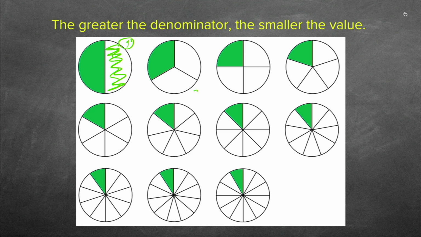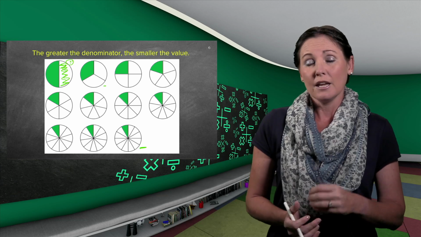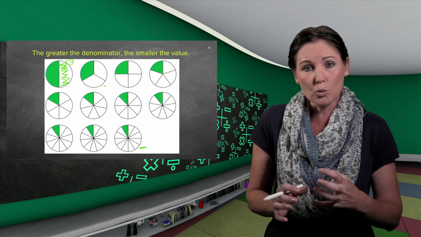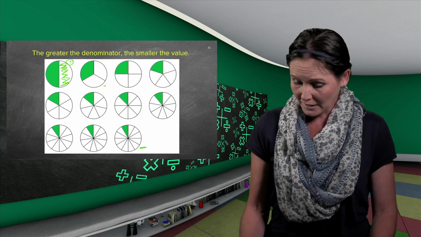But in the second picture, I divided the cake into 3 parts. So my denominator, the number at the bottom, will be 3. So I'm talking about thirds. But can you see that my pieces are getting smaller? Even look at the last circle. If I divided the cake in more pieces, can you see how small a piece will be that you will get? So the value will be smaller. So boys and girls, it's very important to remember, the bigger my denominator, the less value it will be, the smaller the fraction will be.